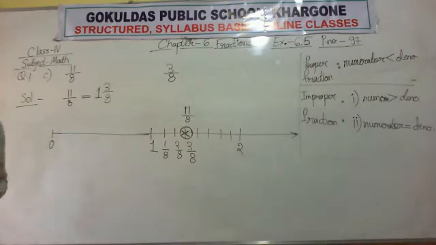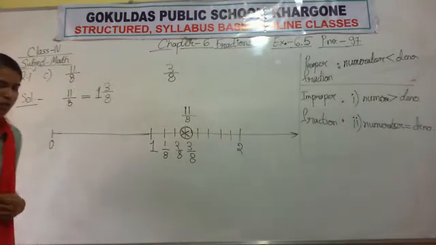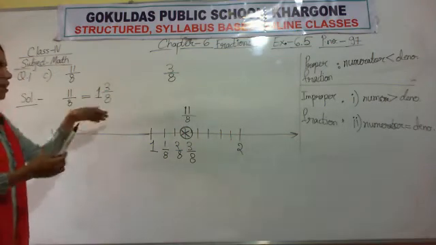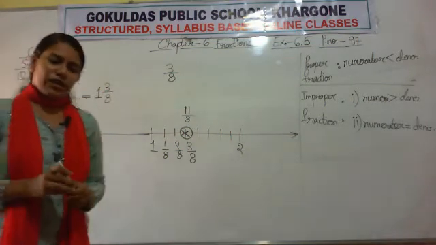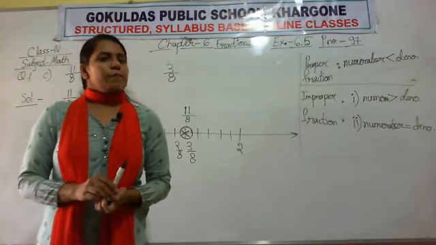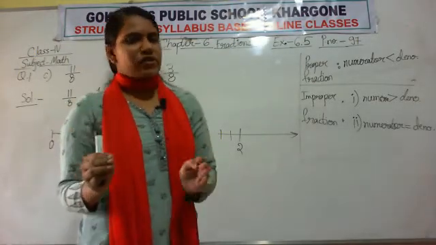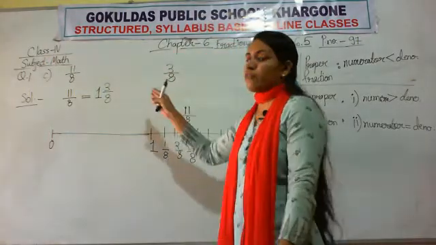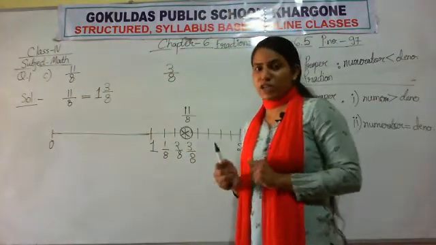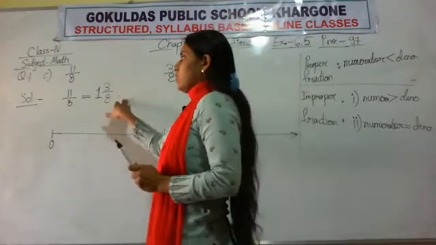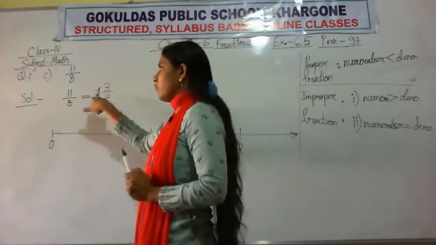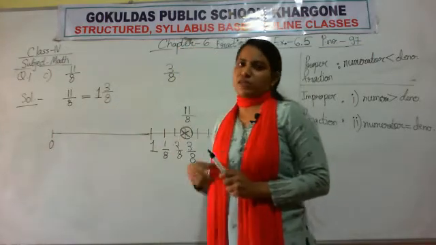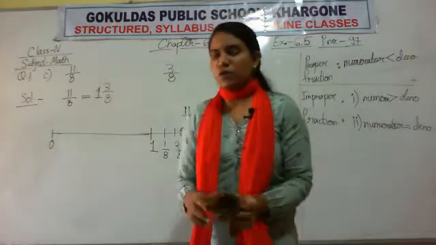So this is how we represent improper fraction. I know it is quite difficult, but if you remember some points about this, definitely you can represent fractions on number line. To represent proper fraction it is very easy. We represent between 0 and 1. But to represent improper fraction we need to do some extra work. The first step is convert improper into mixed fraction and then represent on your number line. Okay, so let us do now E.